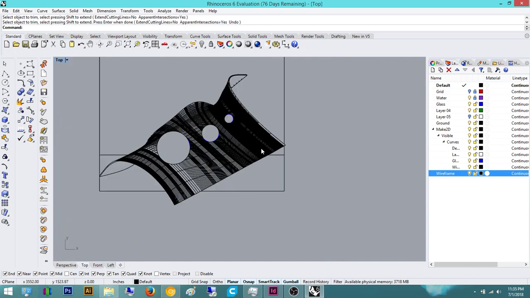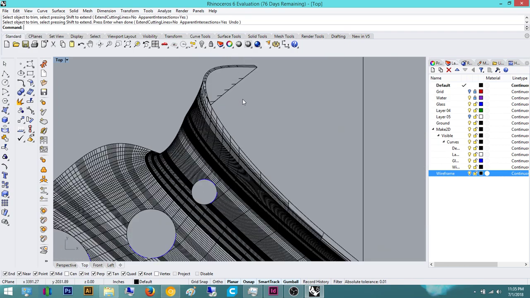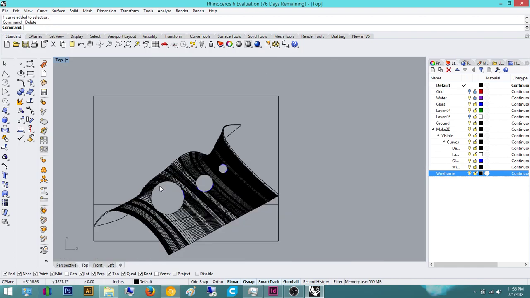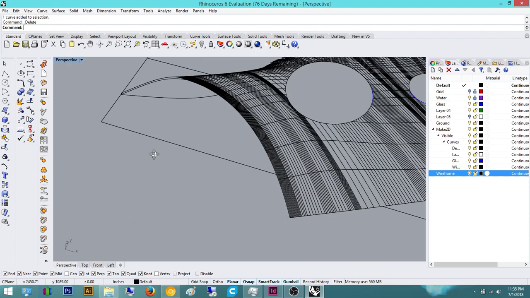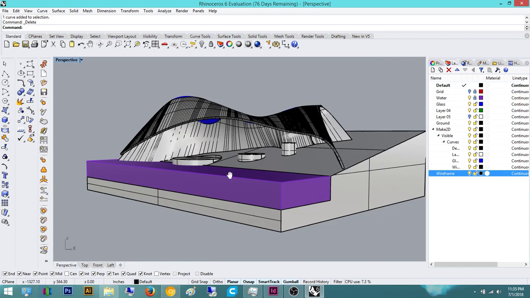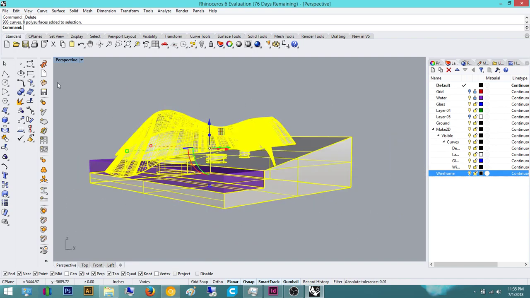So yeah, that's pretty much all I want to fix. There's nothing else I really want to fix too badly. Because I want to save some time by showing you guys some other stuff. So we can also not just do top views, we can also do perspective views. So if you have a perspective view, you can do this,